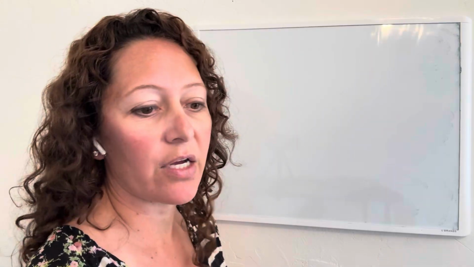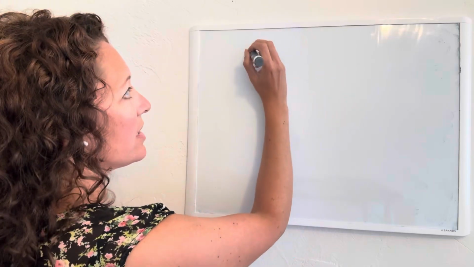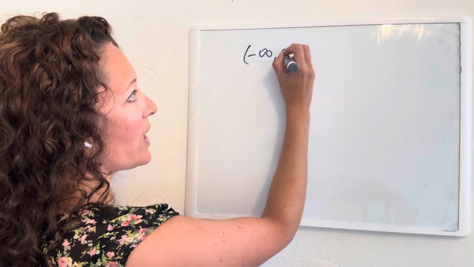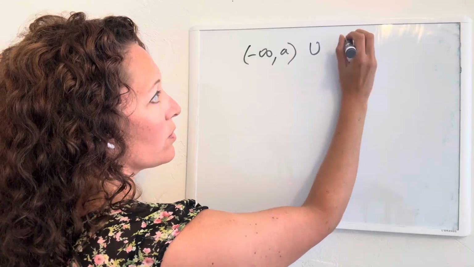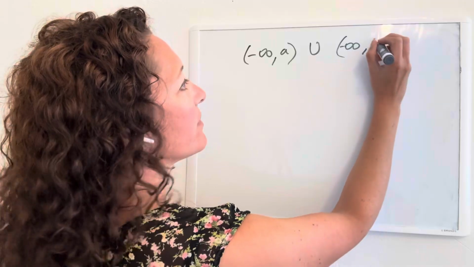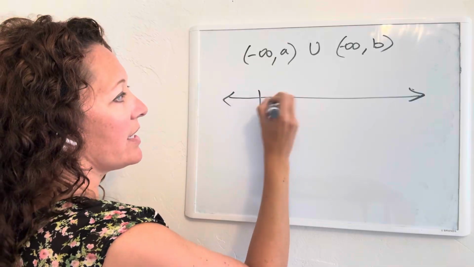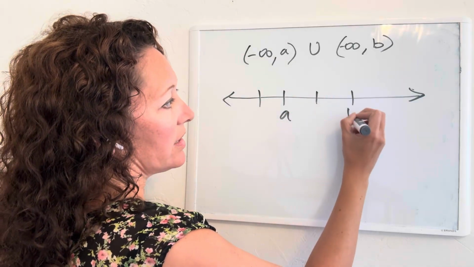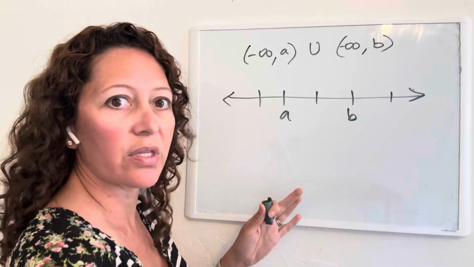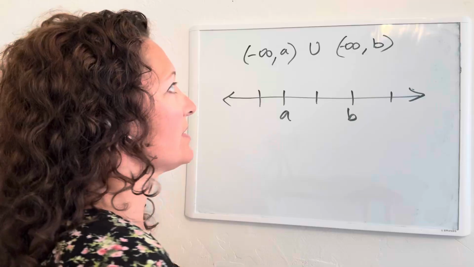If you wanted to use this as the one thing you talk about in class, you can show these to the kids so that they can understand it a little better. I'm looking at this very first box, and so I'm going to rewrite it. So we have negative infinity to A, union with, oh wait, no, we're still doing negative, right? Yep, negative infinity to B. Okay, so if I'm drawing this on my line, I find it helps to redraw it on the board because it's hard to make sure that they're all looking at the same thing on their page. So I just usually rewrite it on the board if I'm going to show an example of something.